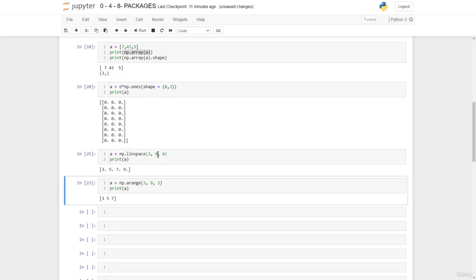So basically what this does is it takes 9 minus 3, it gives us 6, and it tries to break this sequence up such that we have 4 different points. If we continue increasing, you see we have to work with decimals. So that's it. Now for the arange, we are not defining the number of points we shall have